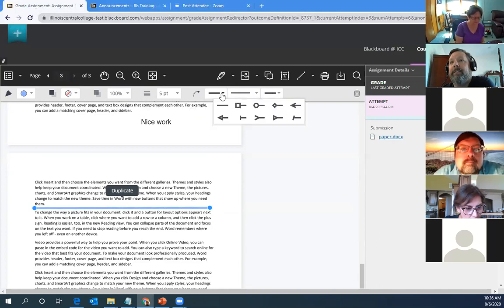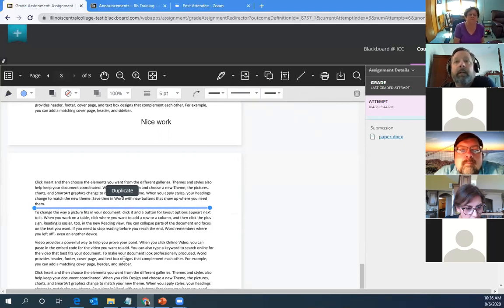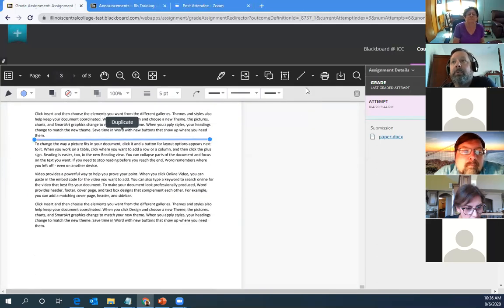Oh, you can actually change the style of the line with these. I hadn't played with those before. So that's the line tool, arrow tool,